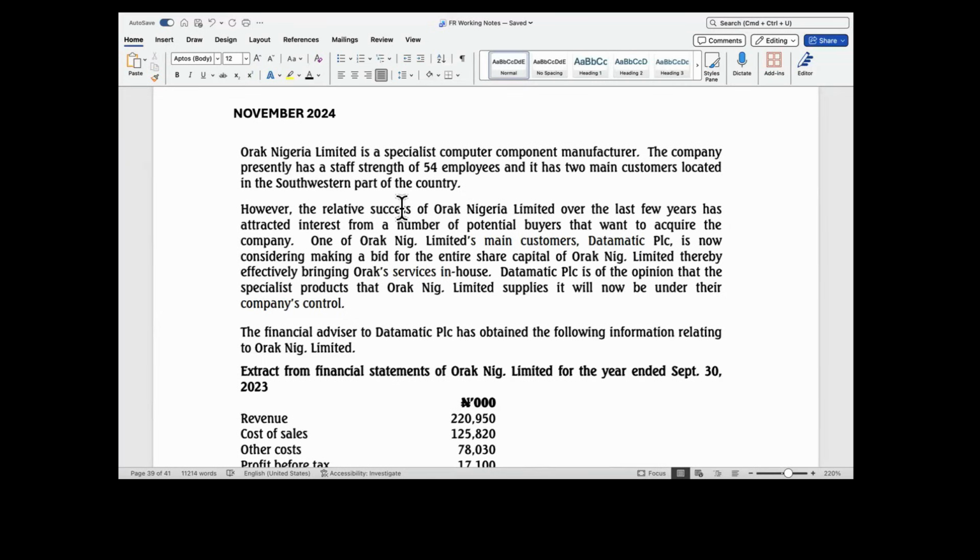If a company is not liquid or not solvent, so solvency measures stability. If a company has a lot of long-term debt and its gearing ratio is very bad and keeps increasing beyond a manageable level, it's difficult